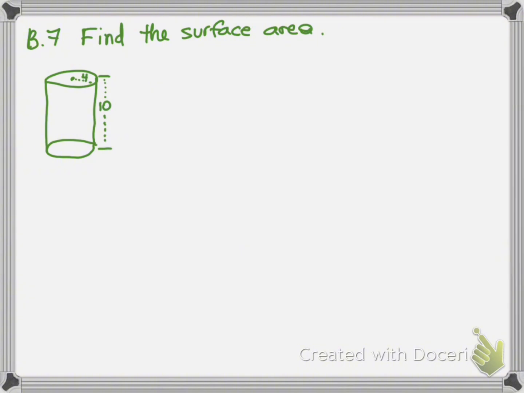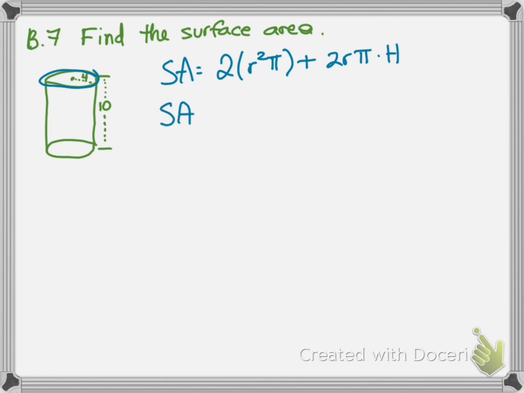Now, they ask for the surface area of a cylinder. And again, it's very similar. It's 2 times the area of the base. But in this case, we have a very specific formula for the base. It's r squared pi, because it's a circle. And then we also have a very specific formula for the perimeter of the base, which is circumference, 2r pi times the height. And then we just use that formula. Again, you could write that in a formula sheet. But then we just use that formula